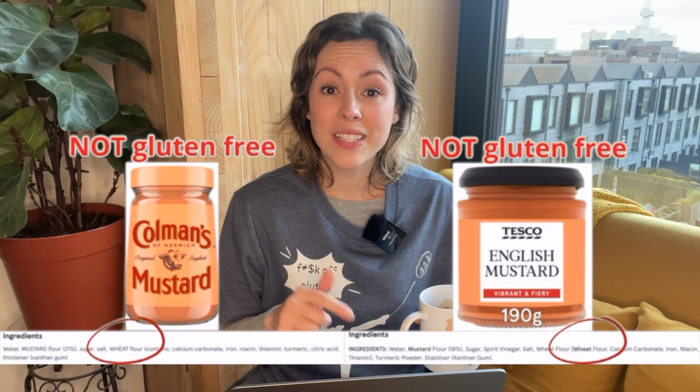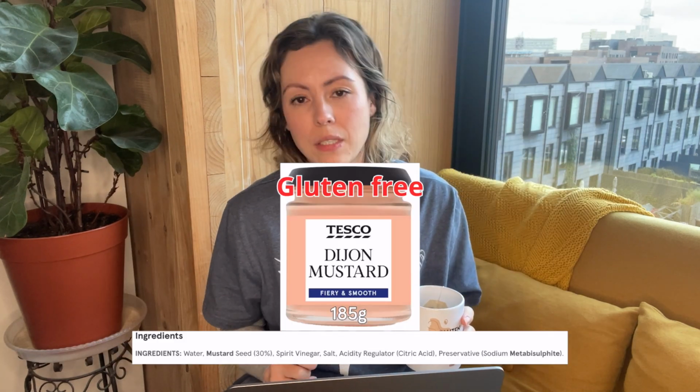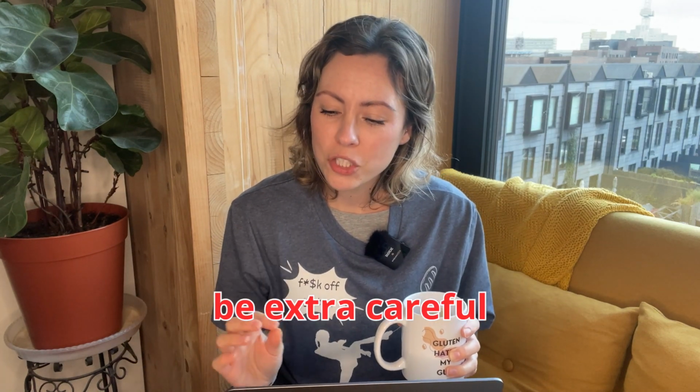It has wheat in it. In this case, the Tesco English mustard also contains gluten, but the Tesco Dijon mustard doesn't, so that's okay. So yeah, this goes for all condiments, and just be extra careful with cross-contamination here because this is one that